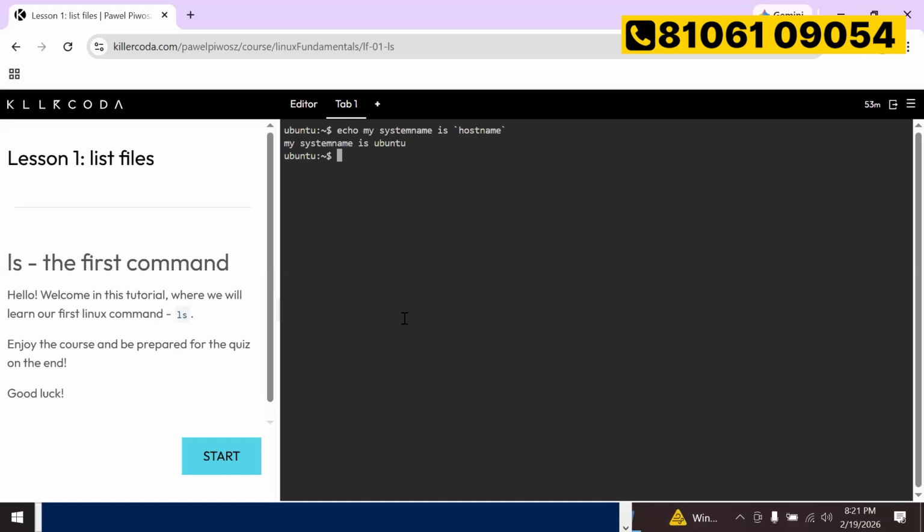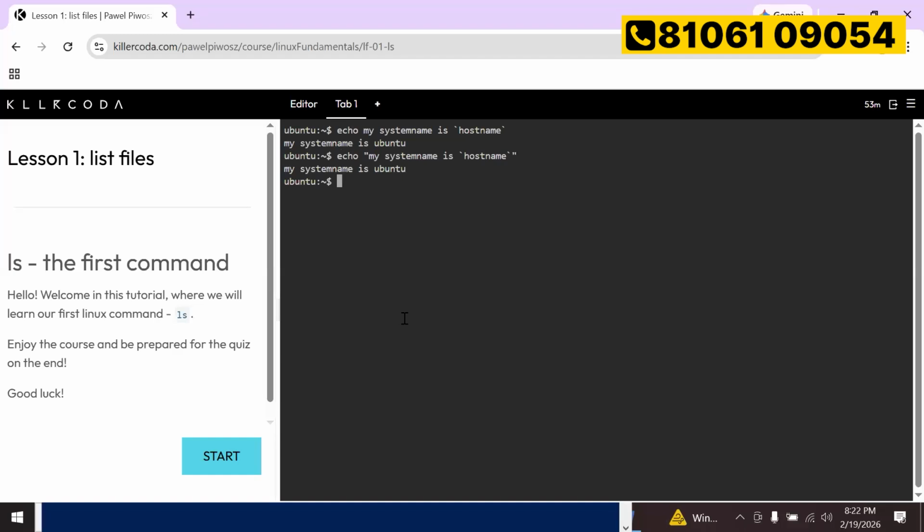Echo is going to print whatever input you give it. But if you want to execute commands within that, you can use backticks. Generally, if you give any input, we try to maintain strings in double quotes. I'll tell you what single quotes and double quotes are and how they differ from each other. We'll discuss that.